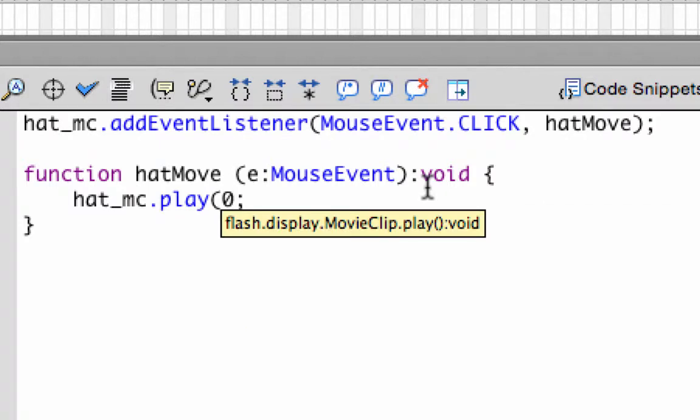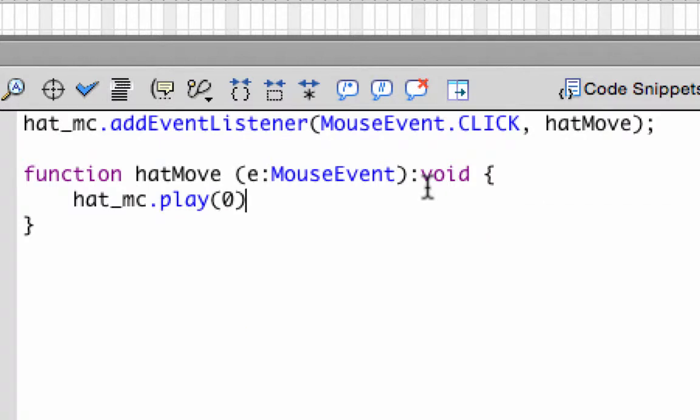We don't have a go to here. If we did, we would have to put something like go to frame 2, but we're not going to put anything in here. We're just going to do a hat MC.play, and that's what happens when we click on the hat. It should play the little timeline. If it's in a stopped state, it will play it and then go to where the stop is